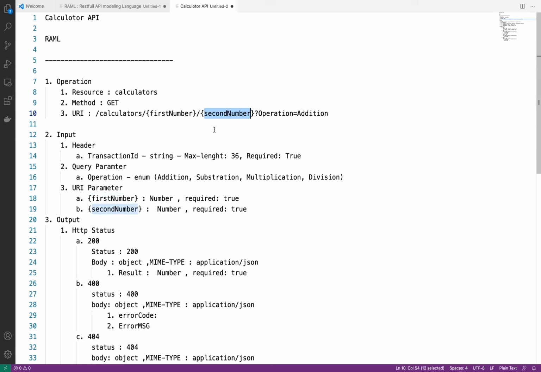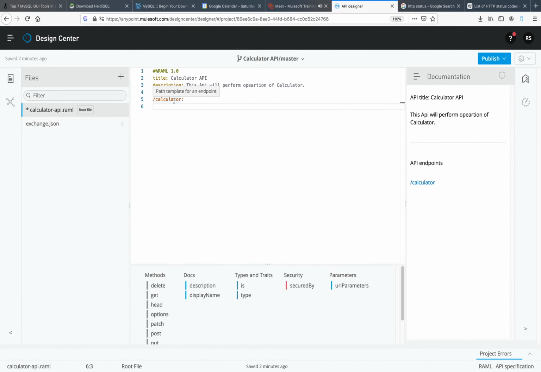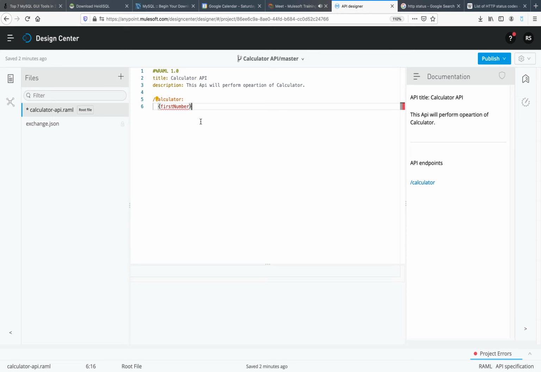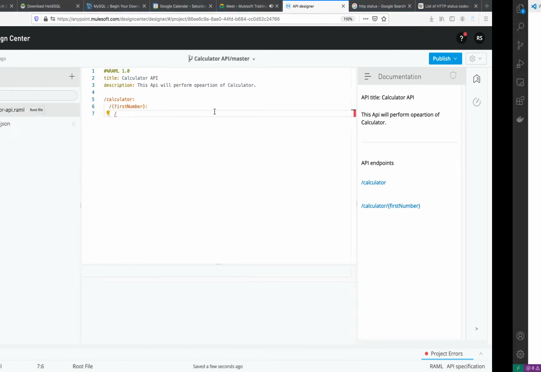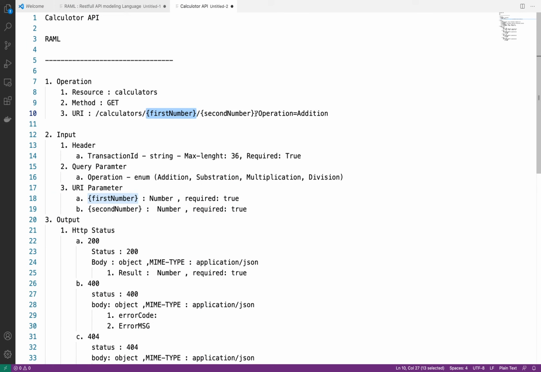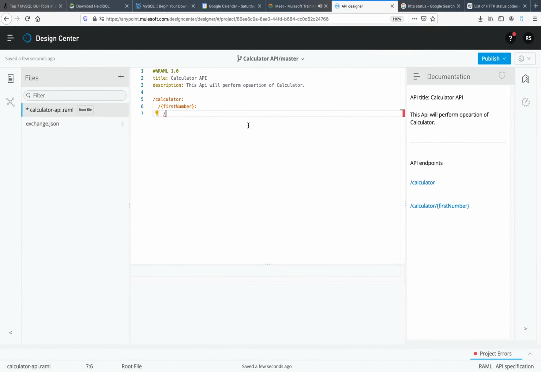So that's why calculator will be our resource and then we have one nested resource. This will also start from forward slash and then inside first number we have another nested resource. This second number. Okay, now again click on enter.